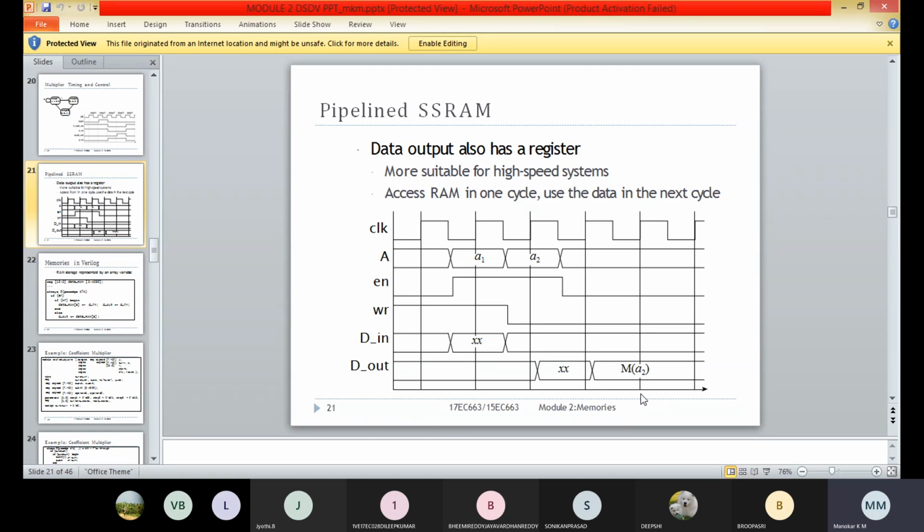Here M of A2 is nothing but the data present in the location A2. This is about pipelined SSRAM. Any doubts regarding this? No, sir.